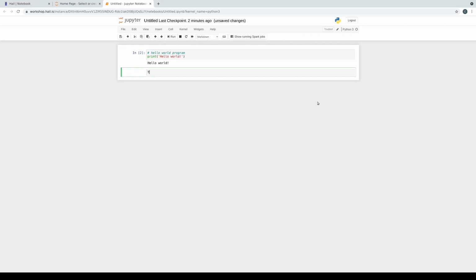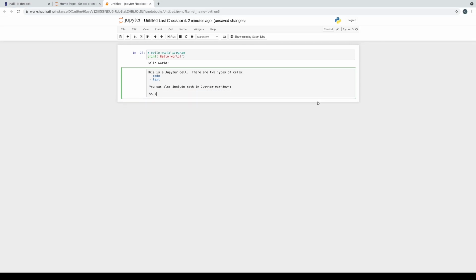And here we can say a Jupyter cell. There are two types of cells, code, text. And you can also include math in Jupyter Markdown.